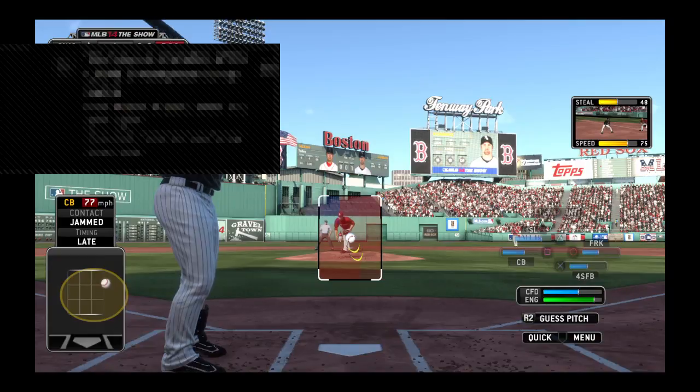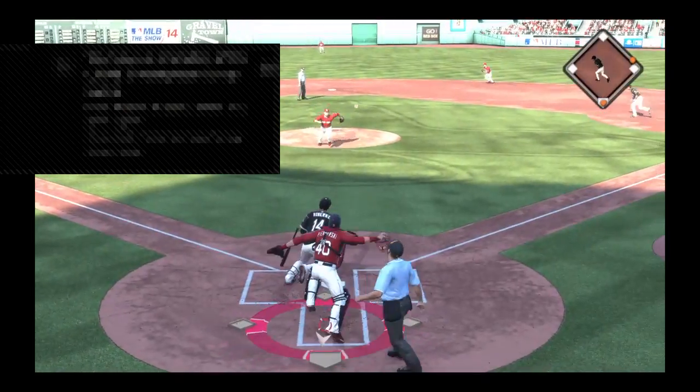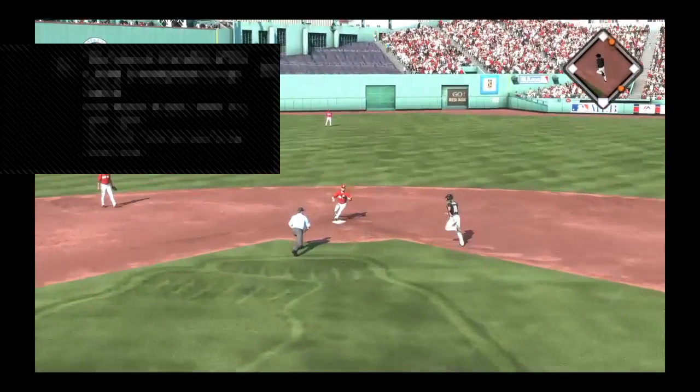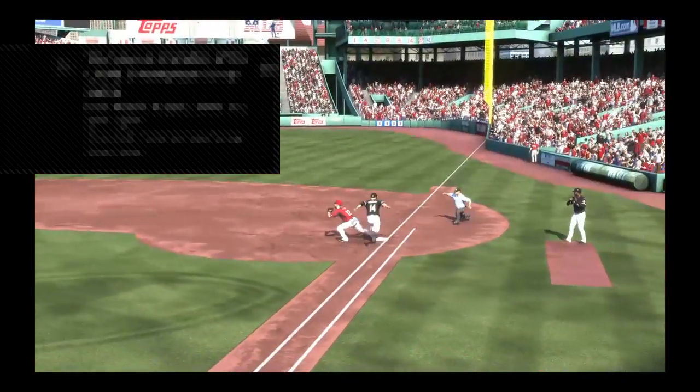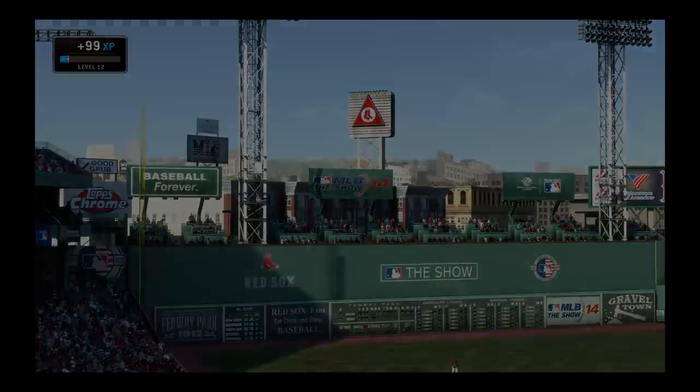Paul Konerko will get another shot now. 2 for 3 in the game. Swing and a ball hit softly on the ground. The second for 1. Return throw is in time. How about that? They do turn 2, and